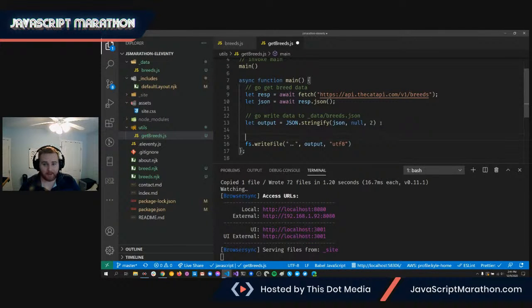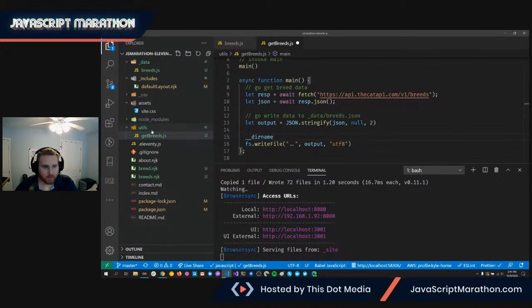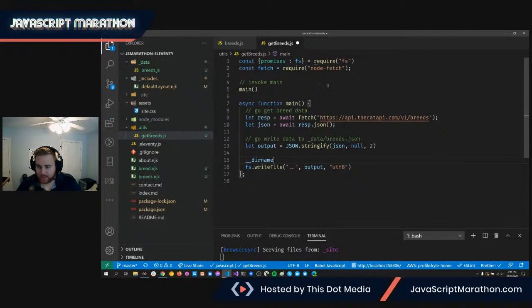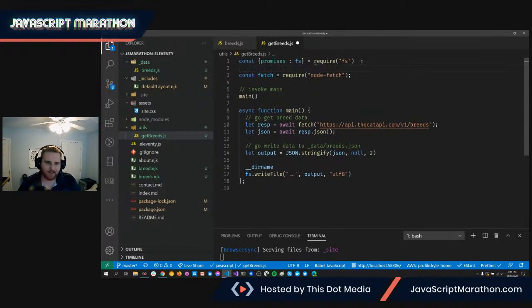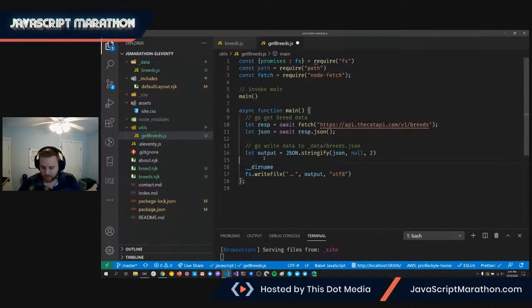Okay, so here's still a little more Node footwork to go get this path. We should have the current path available as __dirname is what our current path is. Remember, we're in utils/getBreeds. So I want to go one layer up to get to my root folder, and then I want to go back down to get to the data folder. One way that we can combine paths in Node, let me collapse this so we have some more room. And there's half a dozen ways to do this, but one API available natively as part of Node is just the path API. And so we're going to take path, and let's get let rootDir is going to equal